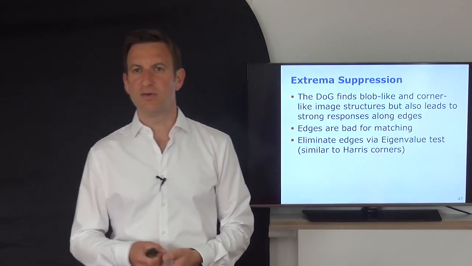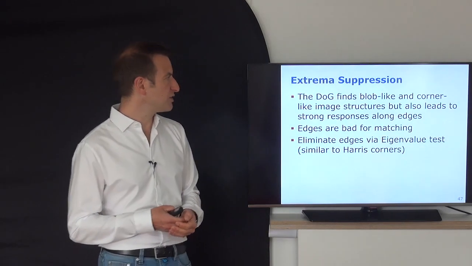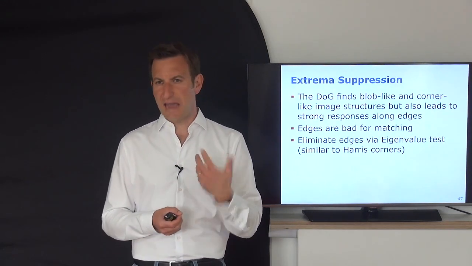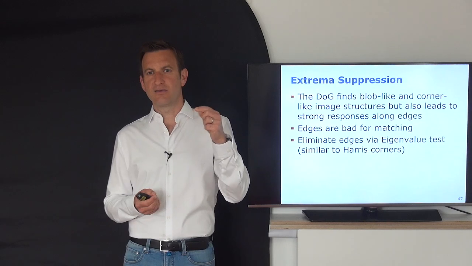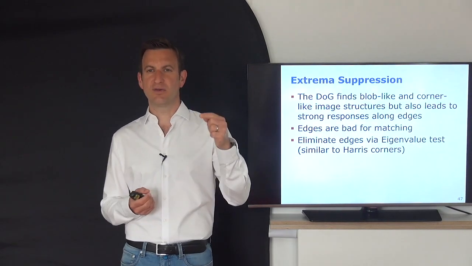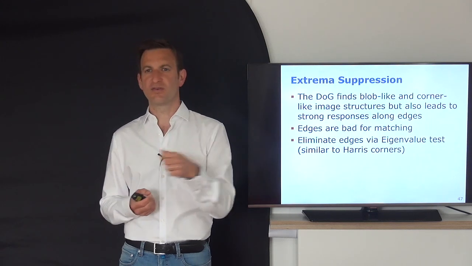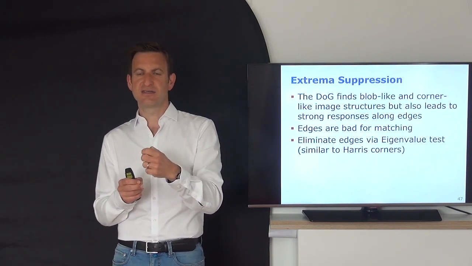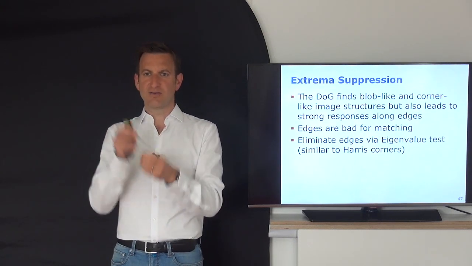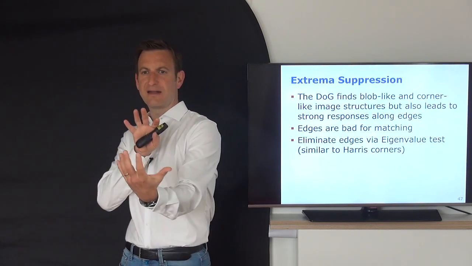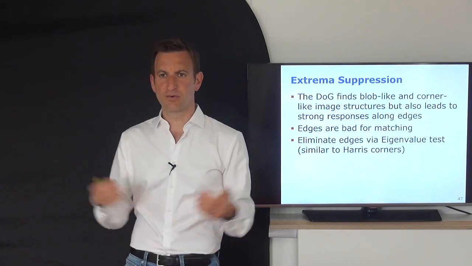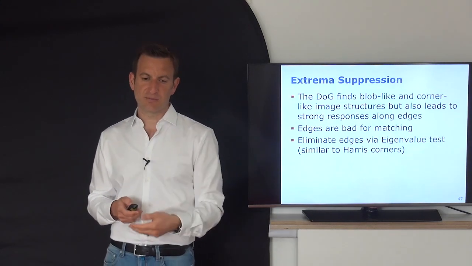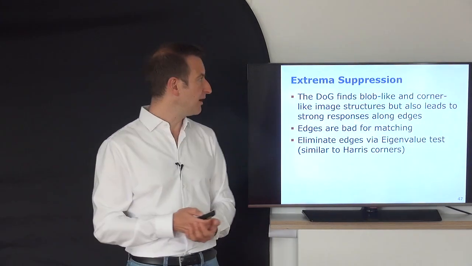And what we also need to do is perform some extrema suppression in order to find certain structures like edges I actually want to get rid of. So I'm looking again for tests similar to what Harris Corners was doing, trying to find those where I have strong responses based on an eigenvalue test, so they actually don't generate responses at edges, but I want to have eigenvalues in both directions, either to find corners or to find larger blobs which are again surrounded by structure. Then of course you would also get gradients pointing in multiple directions. So similar extrema suppression as we used for the corner detectors can also be found in the difference of Gaussian